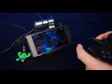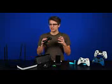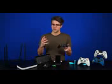Now, I was able to play with the DualShock 3 controller connected without too much lag, both on the 2.4 GHz band from the WD router, as well as the 5 GHz band on the JCG. And I actually didn't notice a huge difference between the two, but that may be because we're not inundated with a bunch of random Wi-Fi signals. Playing a brawler like Batman Arkham Origins is fine with minimal delay,